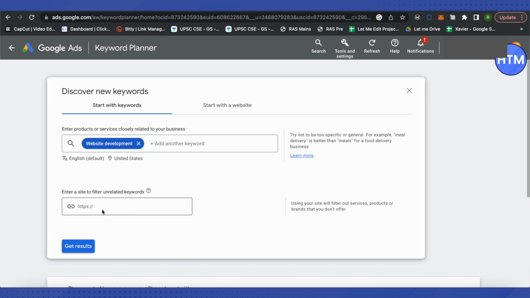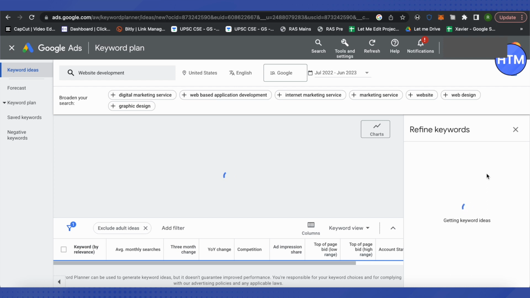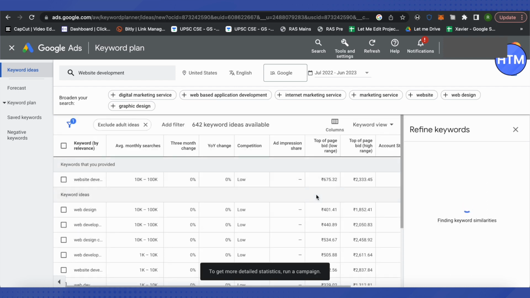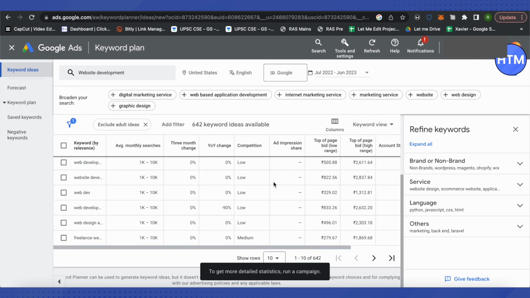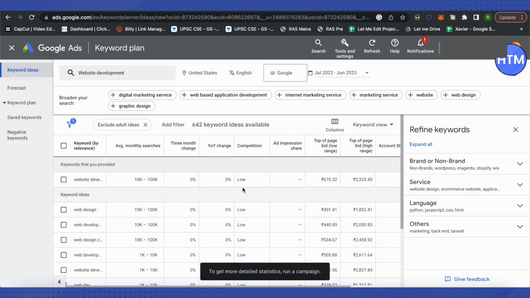After that, you can add your website over here in case you want to narrow down the research. Then click on get results and wait for it to load. It won't take much time, and this way you will be able to see all the keywords. We have a total of 642 keyword ideas, and in case we want to refine any more, then we